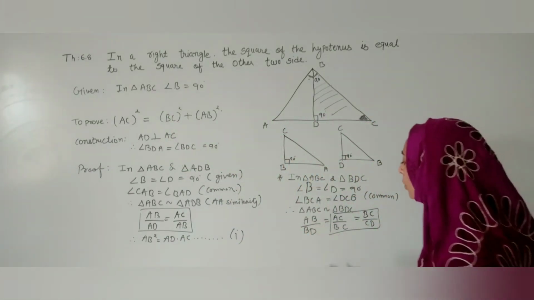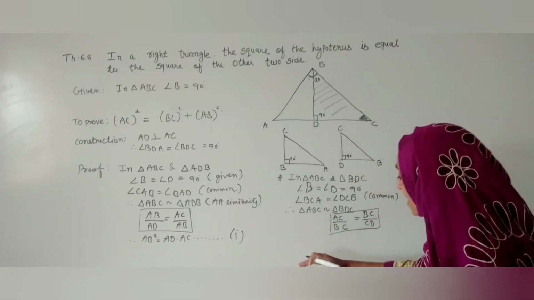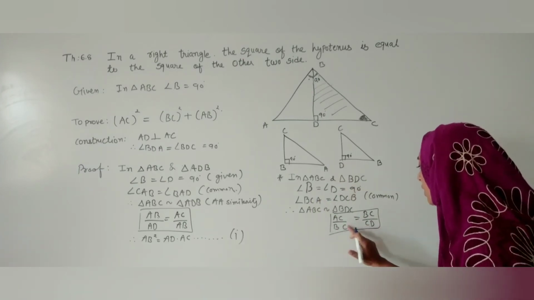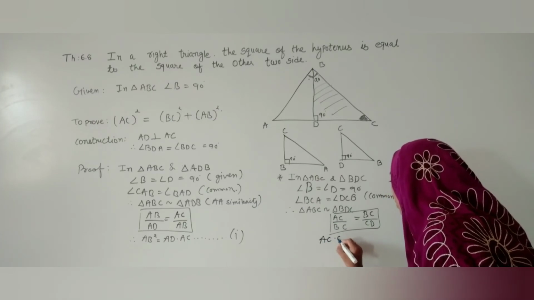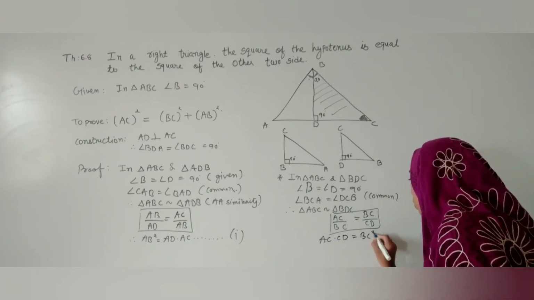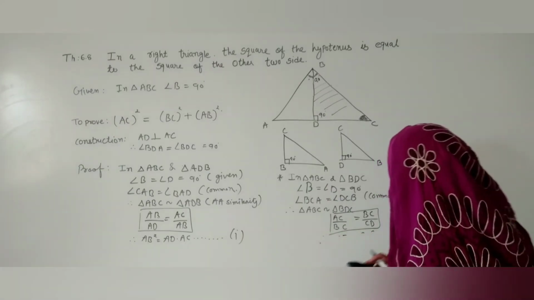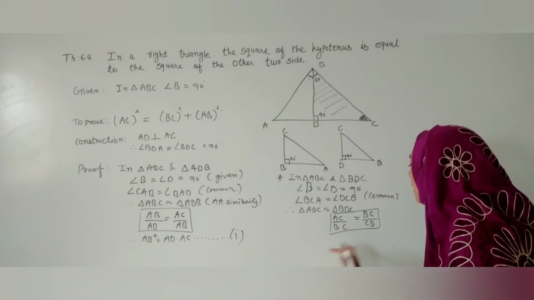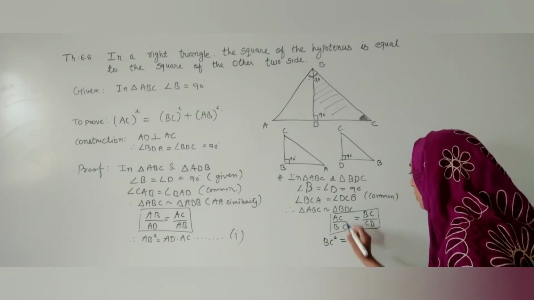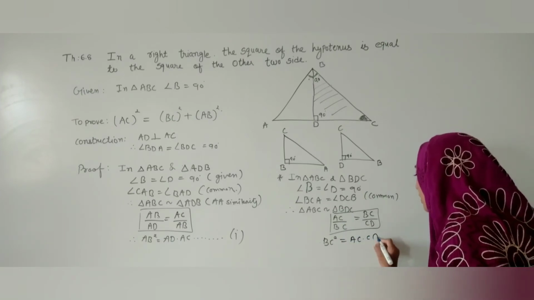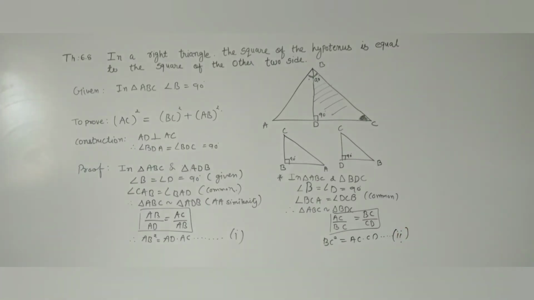If you do not take this step, it will be okay, and if you write one more step, that will also be okay. So here let me write, it is BC square. So AC into CD is equal to BC square. In another way, if I turn this, I can write BC square is equal to AC into CD. This is for your knowledge, but it is very good for writing. Now this equation is very important for us.